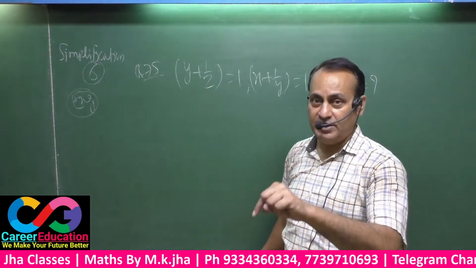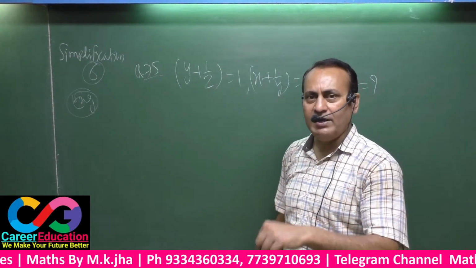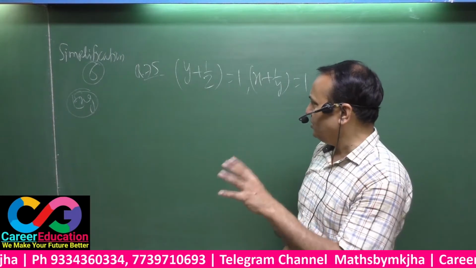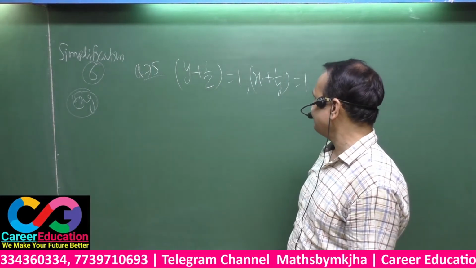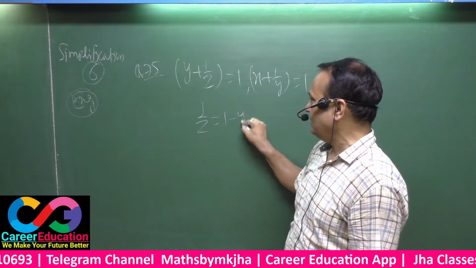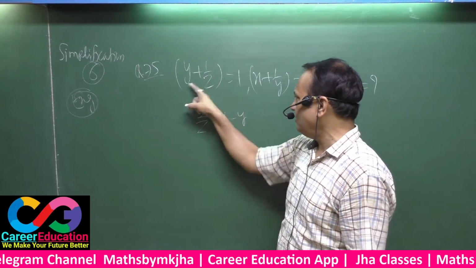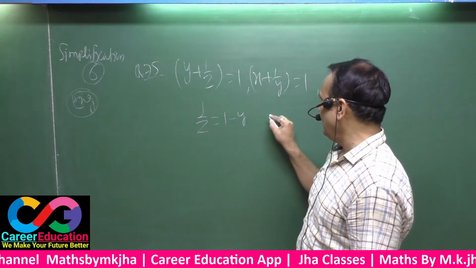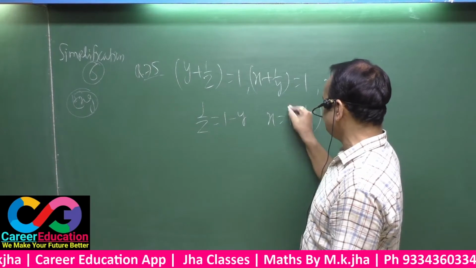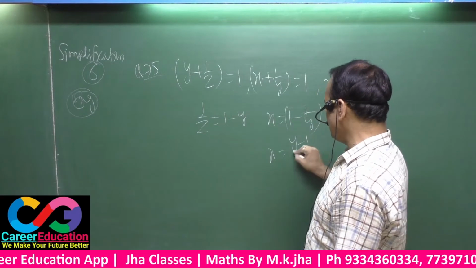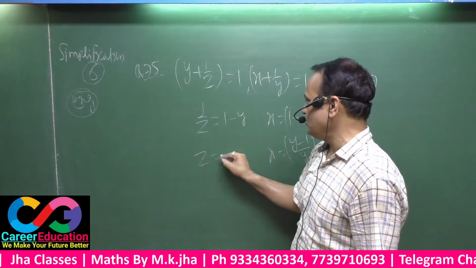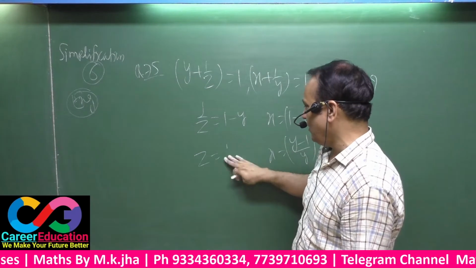That means x must be in respect to y, y is y, z must be in respect to y. What would be easier there? That means, see here, you can have the value of z in y. You can have the value of z in y. That means also you can have a value of x in respect to y. This is y minus 1 by y, and z is 1 by 1 minus y.